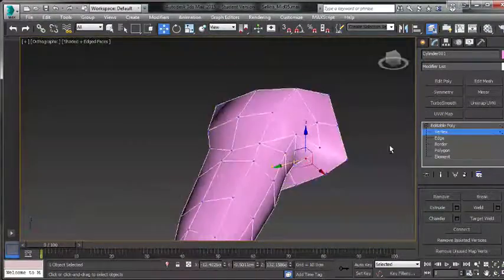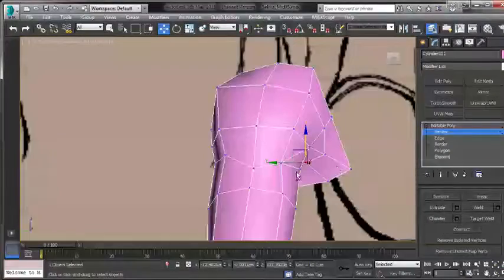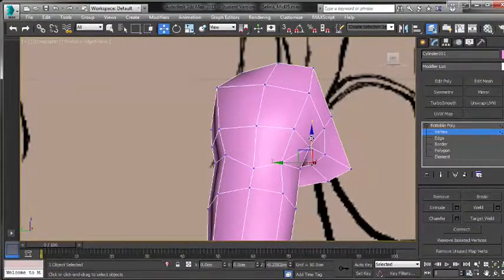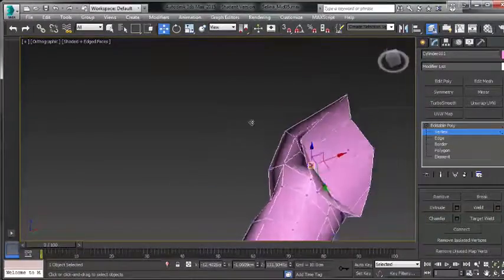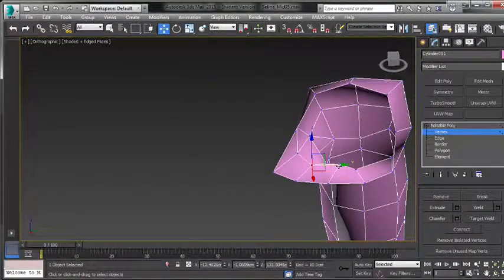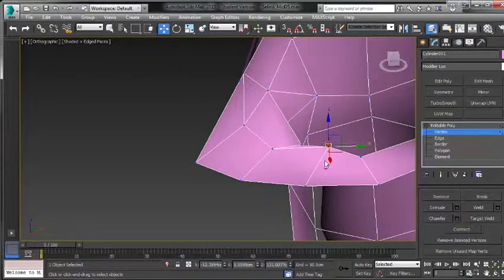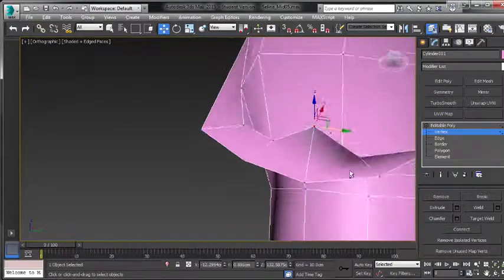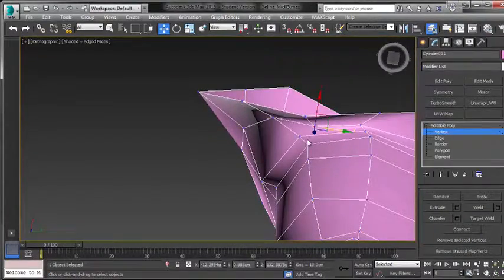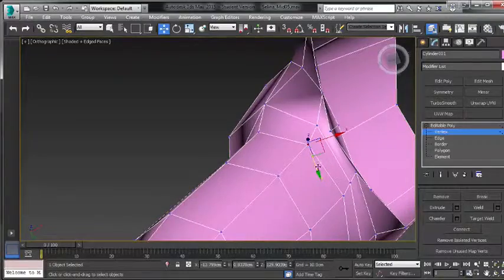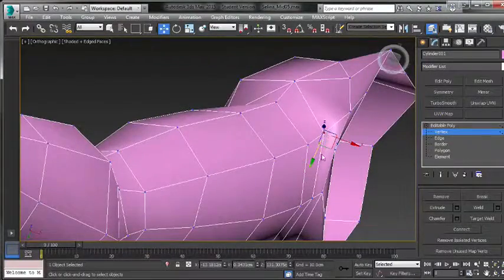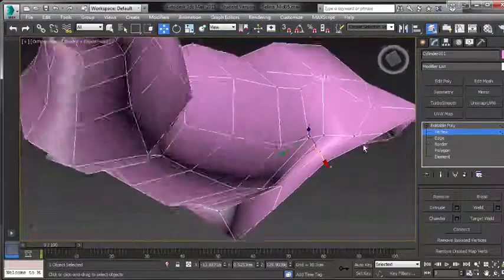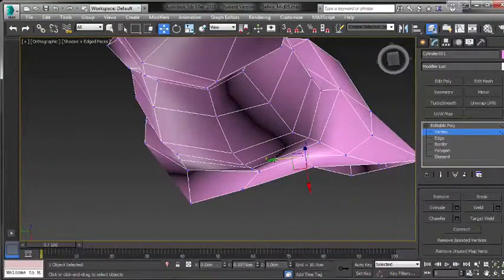So this will be the start of that muscle as it comes down from the pectoral into the arm, and this will be our armpit here, so this will go up, and we'll need to fix that n-gon as well. So just moving these around so we can get the shape,